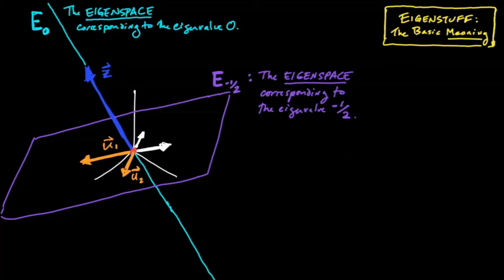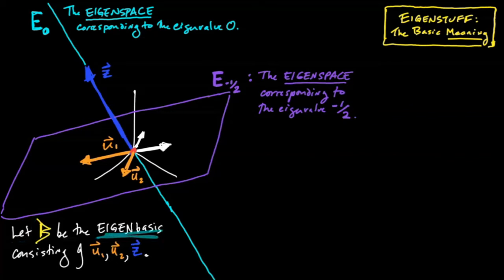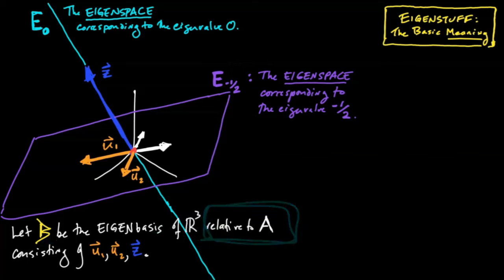So in this case, let's let B be the eigenbasis consisting of u1, u2, and u3. To be more precise, I should say that B is an eigenbasis of R3 relative to the matrix A, consisting of u1, u2, and z. To be an eigenbasis just means that it's an ordinary basis, except that all three of the basis vectors are eigenvectors relative to some particular map or matrix. There's nothing deep about the definition itself. It will have very nice consequences, though, as we'll see soon. But for now, let's just get to know it bit by bit, approaching it cautiously and getting to know it before we ultimately embrace it.